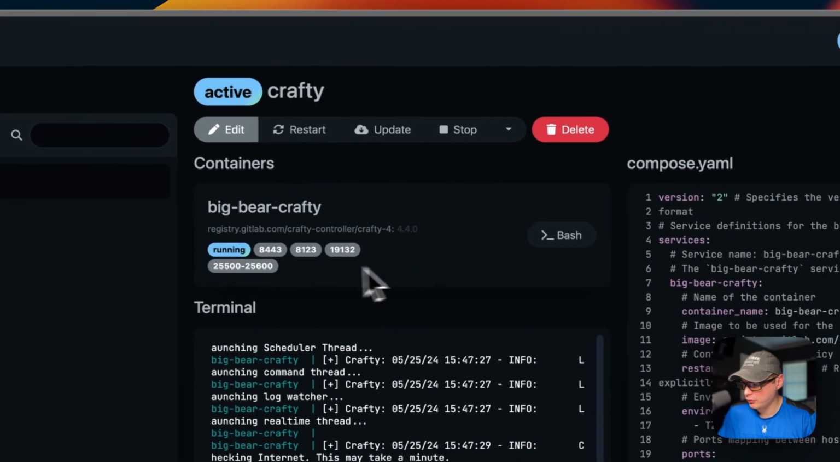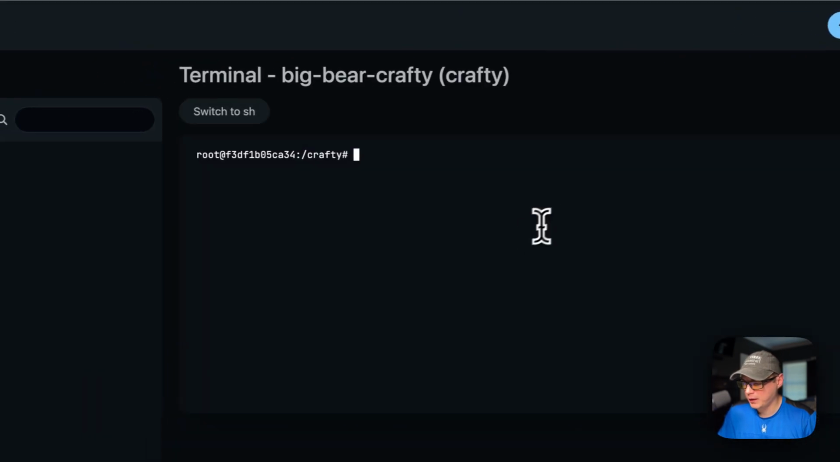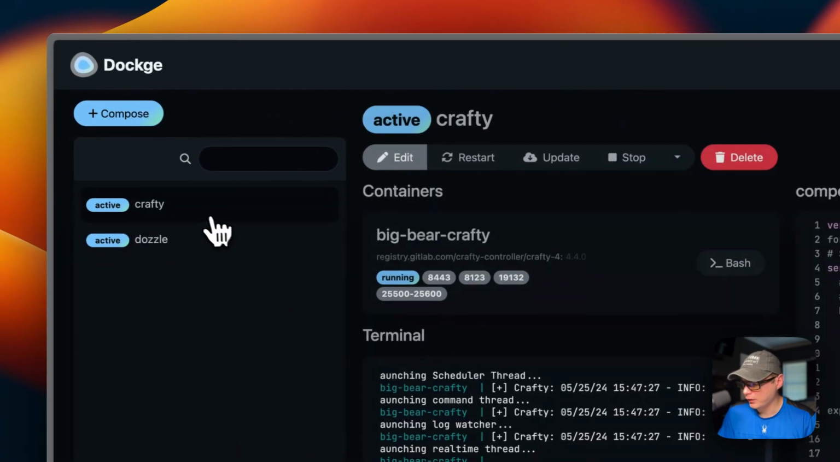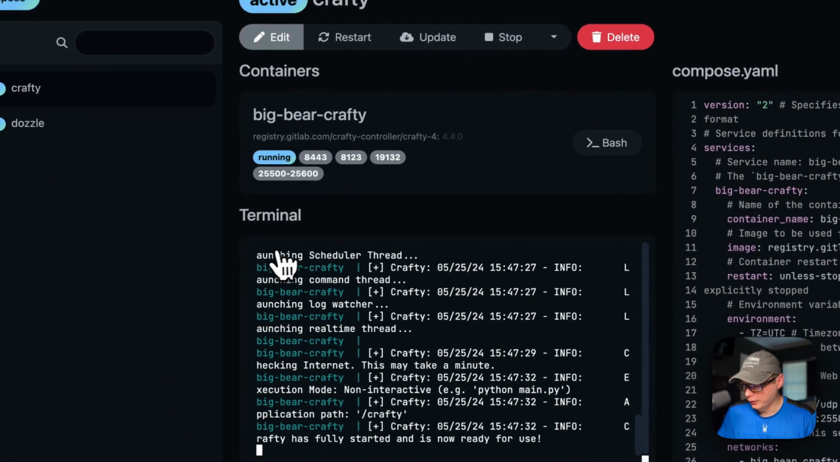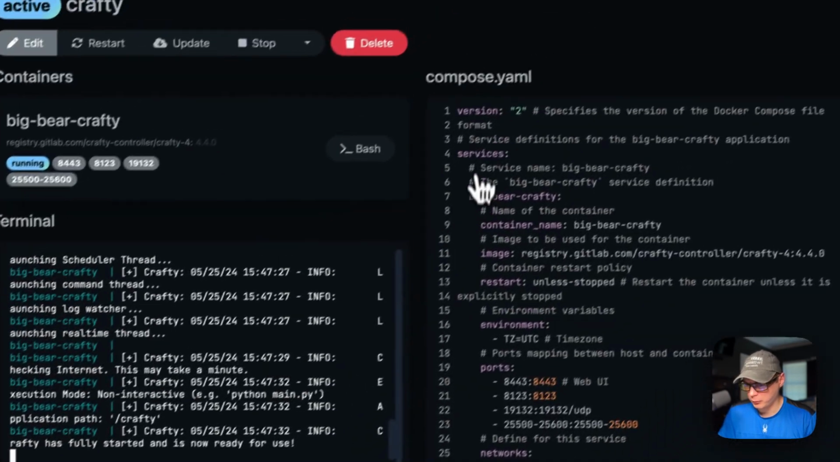You can see the containers in the stack, so you can see the ports, and you can go into bash and into the container. You can switch to sh, and then you can go back into the stack. You can go down here and see logs. This is great for debugging. You can see a read-only version of the Docker